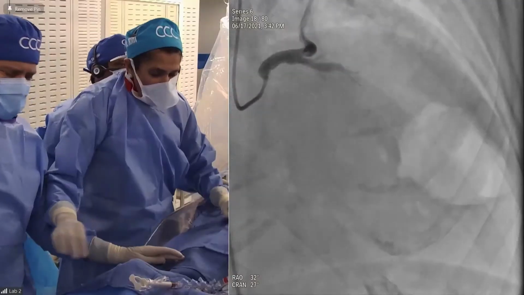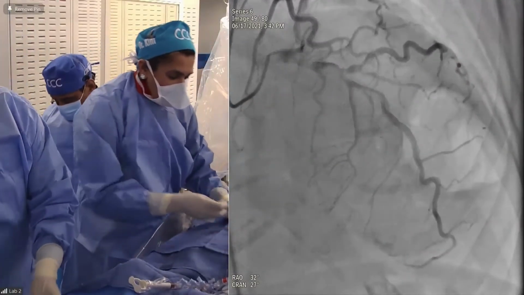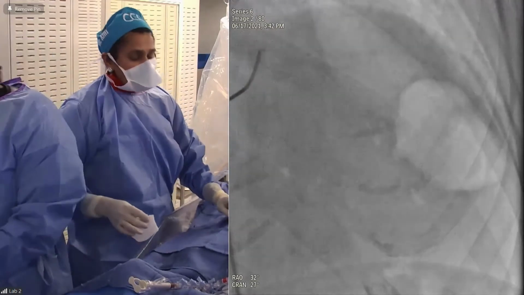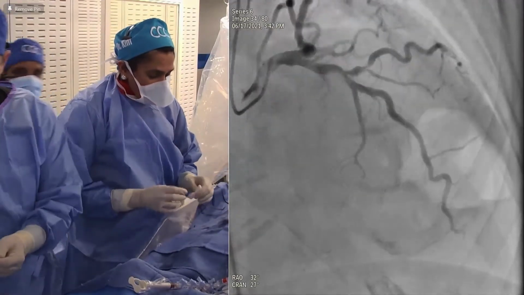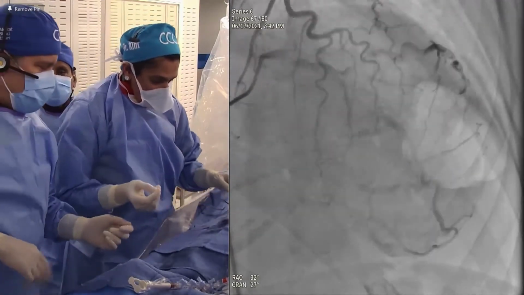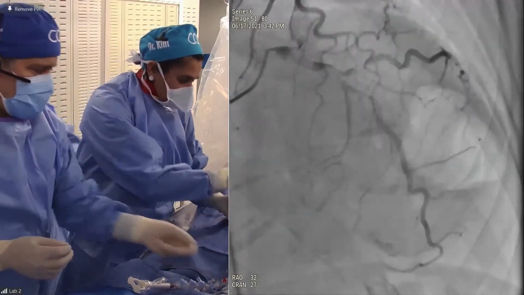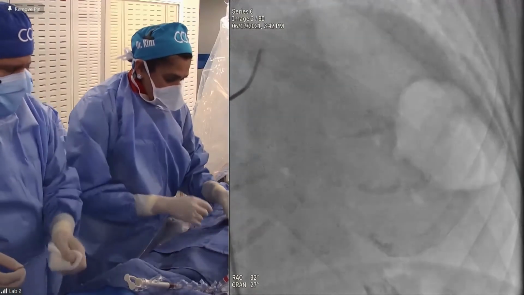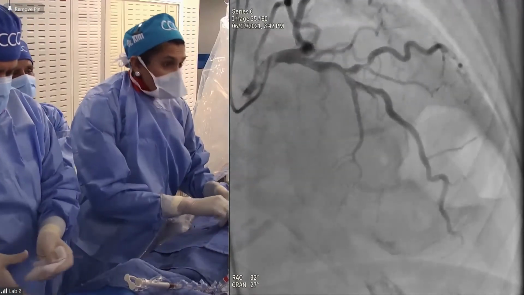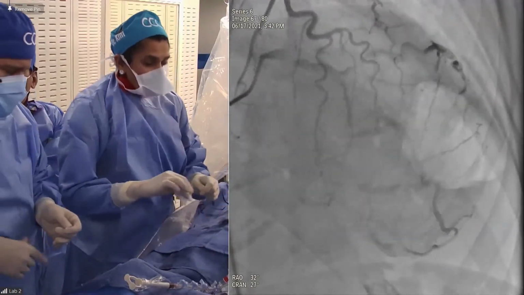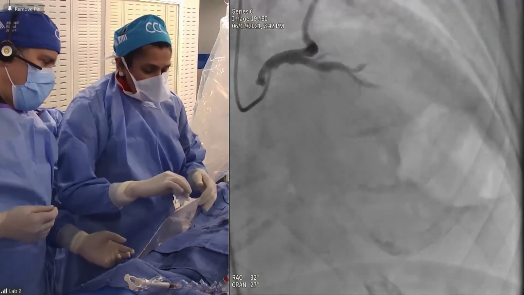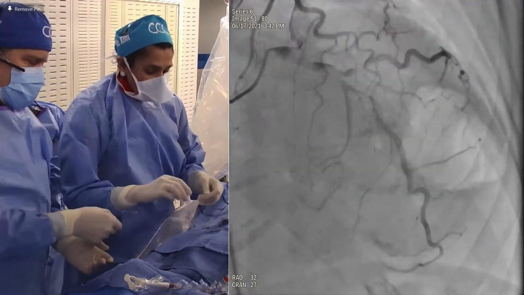We can start playing the steps again. Have people downloaded the new Bifurcate 3D app, where you can start seeing the animations? I'm not sure this is a true bifurcation, though, right? It's a separate lesion in the diagonal with an ectatic area proximal, but osteal. Not so much at the osteum, but the osteum is involved: 50% in the osteum and 80% further down. You have to cover both lesions.